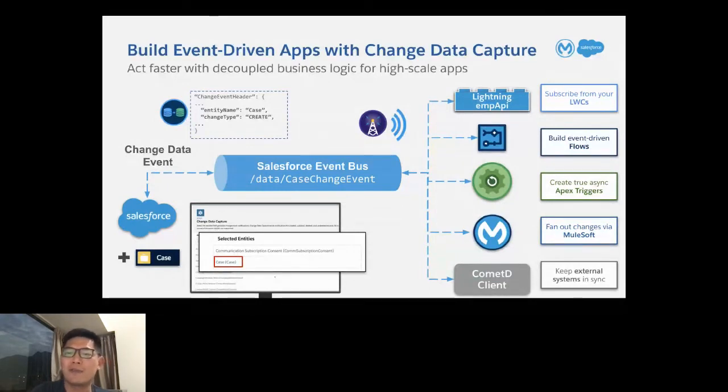For example, Lightning Web Components can subscribe to the events, obviously MuleSoft. You can build up your flows, and then you can use the Comedy client to keep additional systems in sync. If you wanted to, you could skip MuleSoft and do a direct integration as well. So there are lots of different ways for you to get event-driven apps up and running using the Salesforce Platform Event